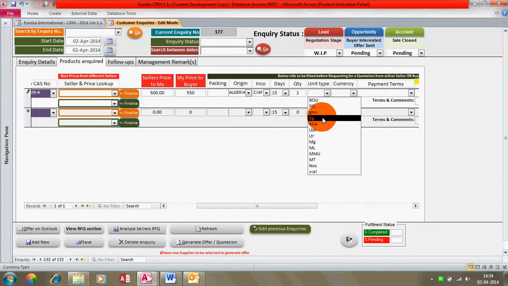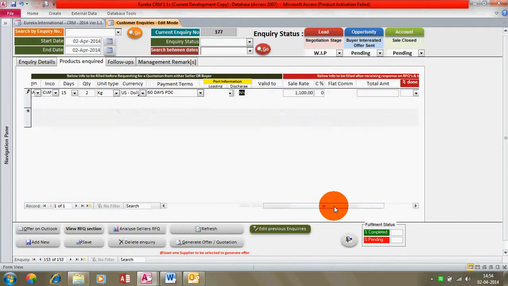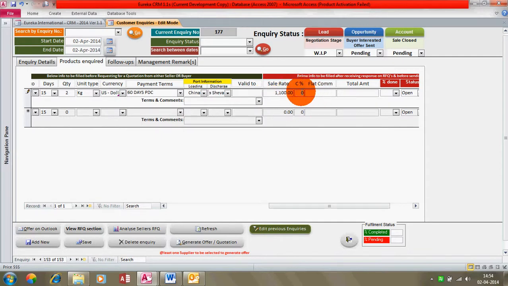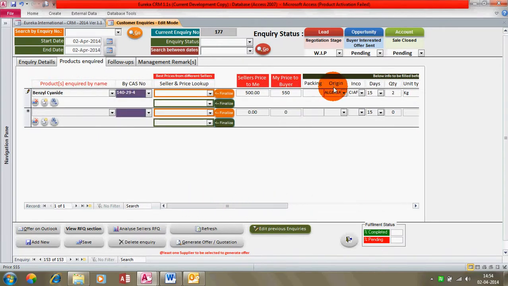Unit type, USD, my payment terms, for example, commission percentage. Okay, so now I have these details filled up for this particular product.